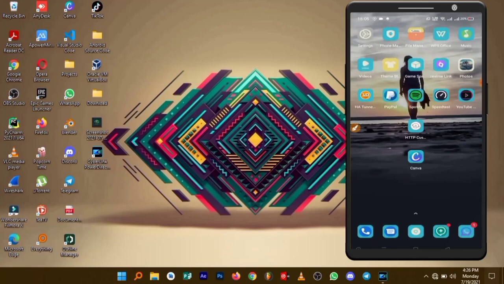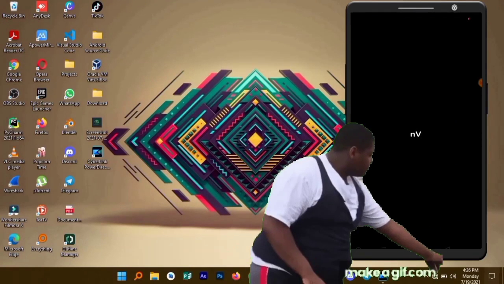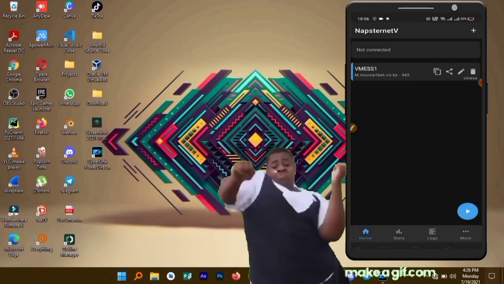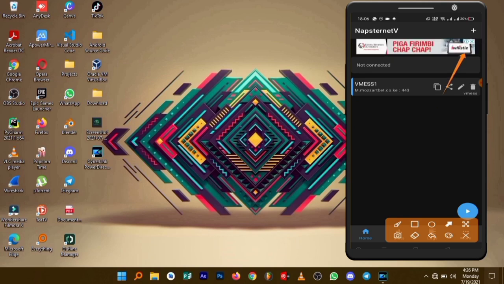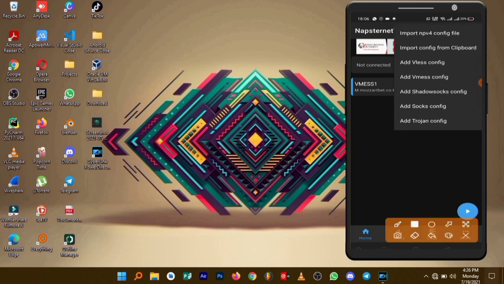Now open it up. Now click on the plus icon at the top, the one highlighted, and copy configuration from clipboard.